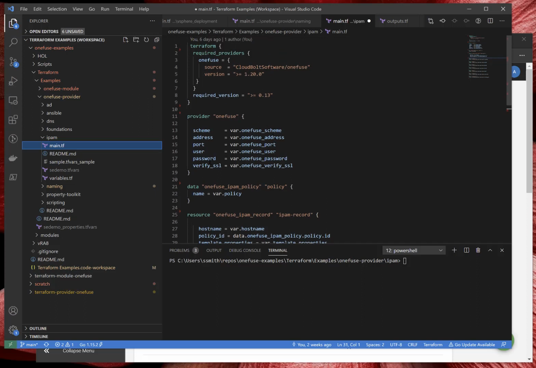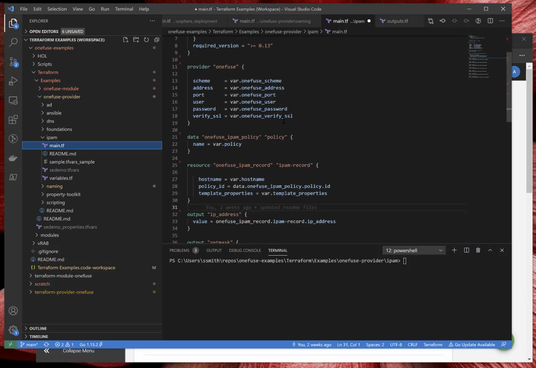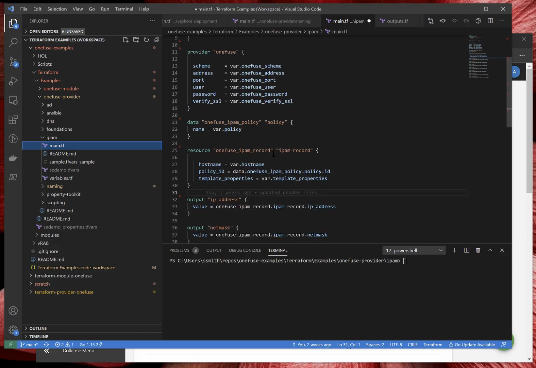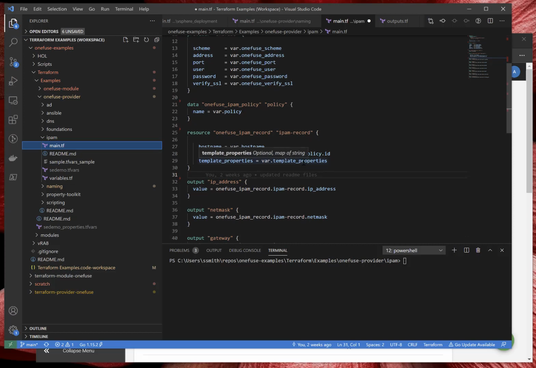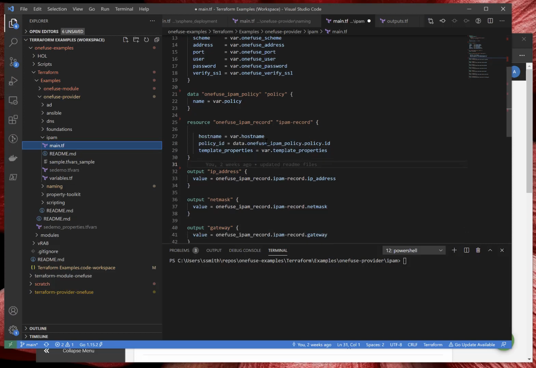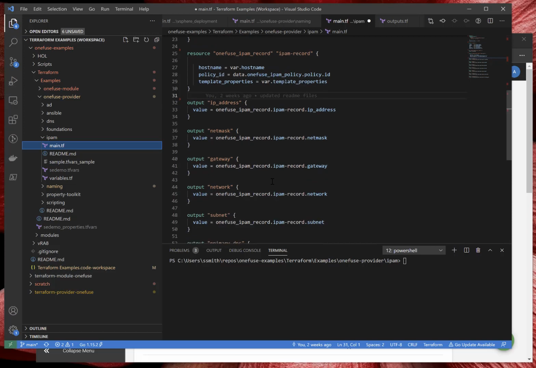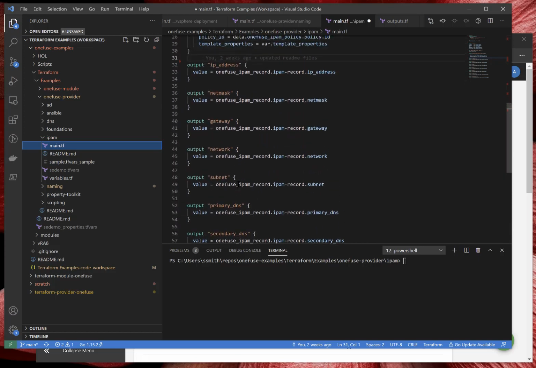To begin with, we'll have to set up the provider information for OneFuse, which also includes defining the address for our OneFuse appliance. And then we have a data source that will be used to define which of our OneFuse IPAM policies we want to use for this plan or this configuration. And then we have our IPAM record resource. Here we have to pass in a host name. We're going to grab our policy ID from our data source, and then we're going to pass in template properties, which are basically inputs that we're going to feed in to OneFuse for use with the IPAM policy. And then it will return to us all of the relevant IP information that we need that we can consume